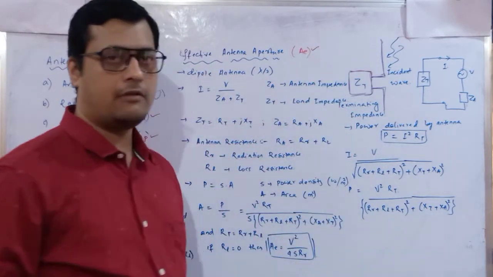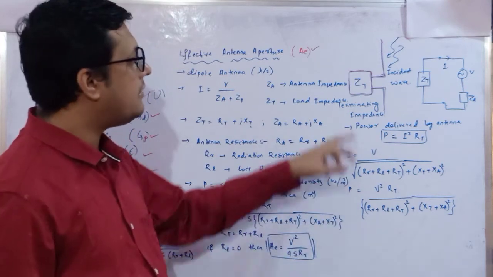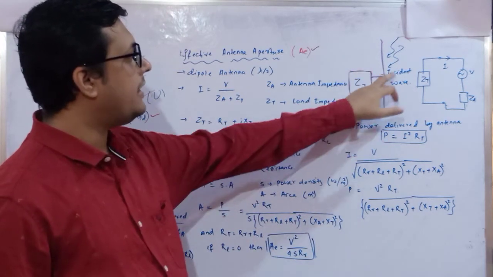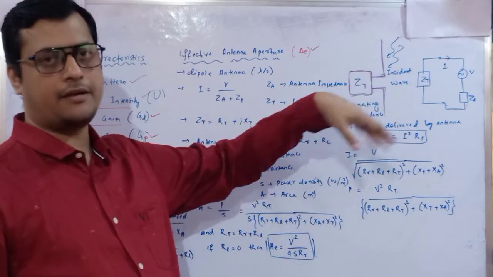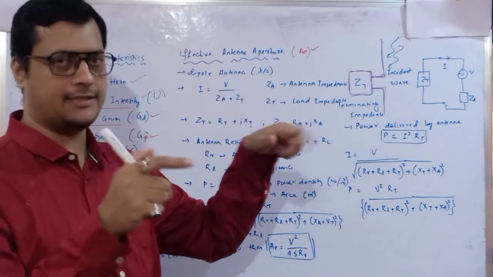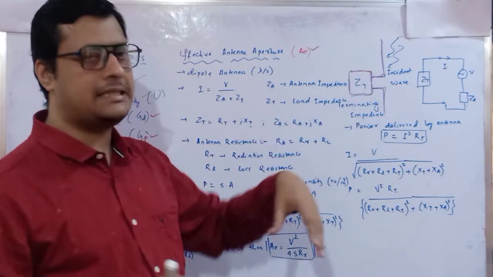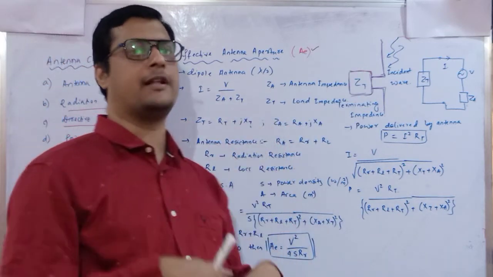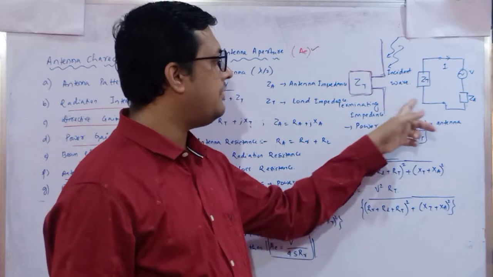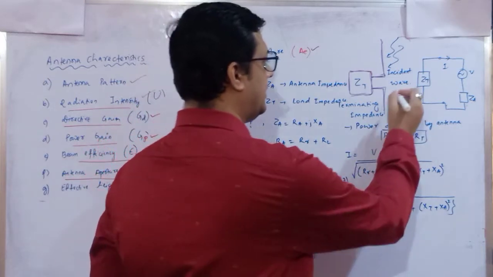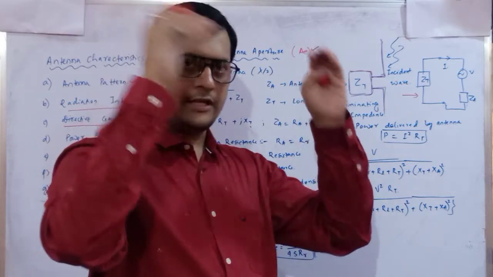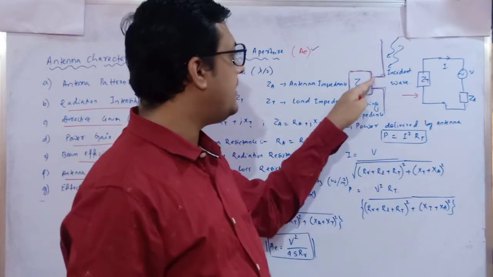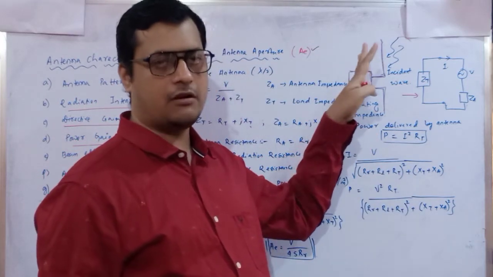So how are we going to identify it? Let's see. So here it is a radiating element on which an incident wave is falling. That means the incident electromagnetic wave is striking that element when it is receiving. And ZT is the load impedance where the output potential is identified. So for simplification, I have drawn a small figure here. In ZT, a potential drop will be there. That is the impedance matching or whatever it is.